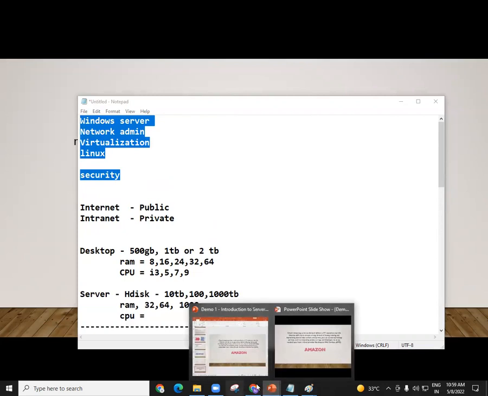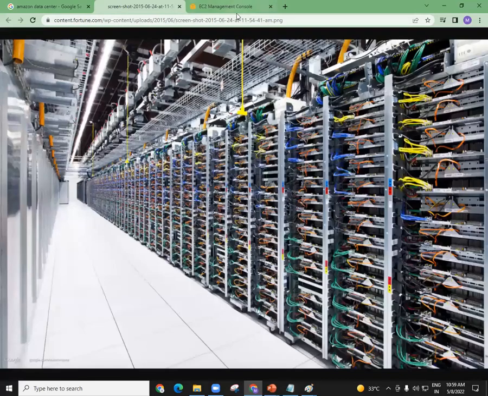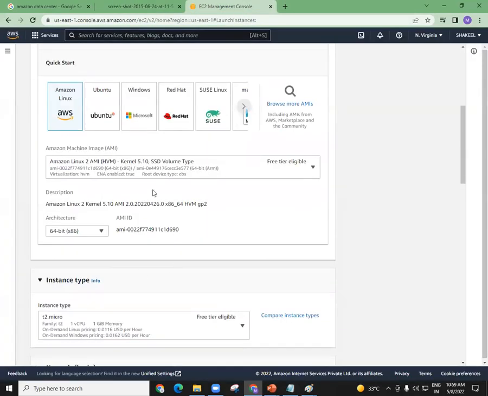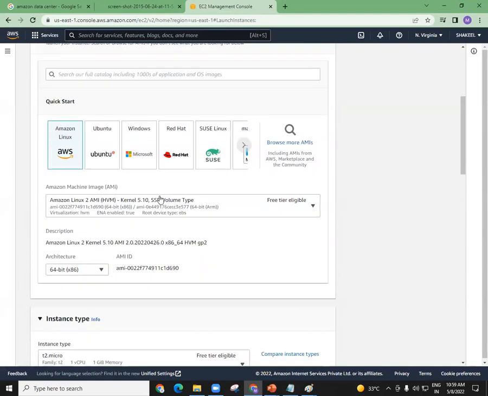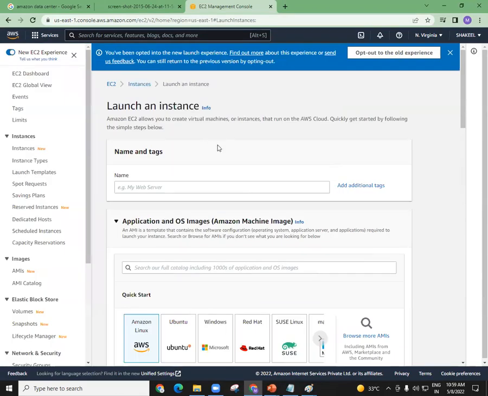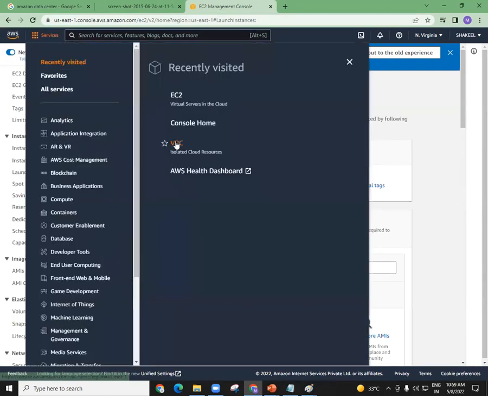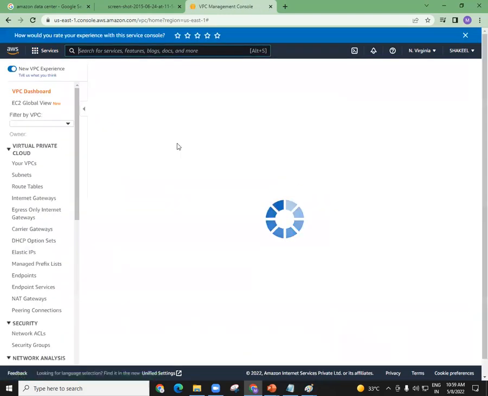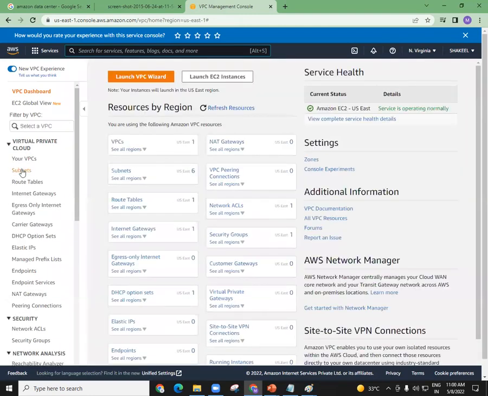See, I have just logged in through my account here, right? Okay, in this account, you should know what this is. Okay, I'll take you to one more service here. VPC. VPC is one of the most important parts of AWS. So before you learn VPC, you should know what a subnet is. You should know what an internet gateway is. You should know what an IP address is. All these things we will discuss, but it will take around 10 days for us to complete this.